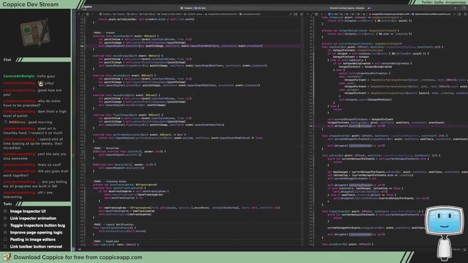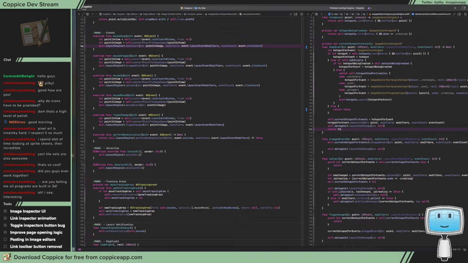Probably want to have this return a boolean, and that can return false. This can return true,